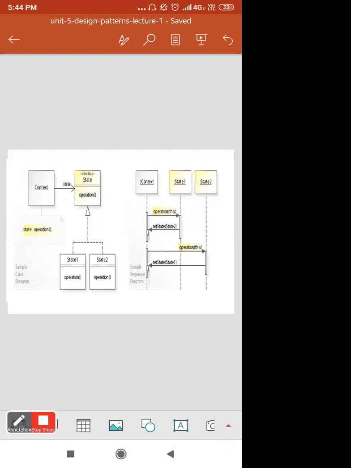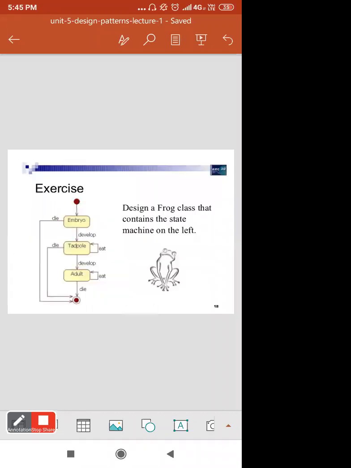So you can see here different classes, state 1, state 2, and the method is operation. So as the operation changes, your state will also change. Same with the sequence diagram given here. You can go through this later.